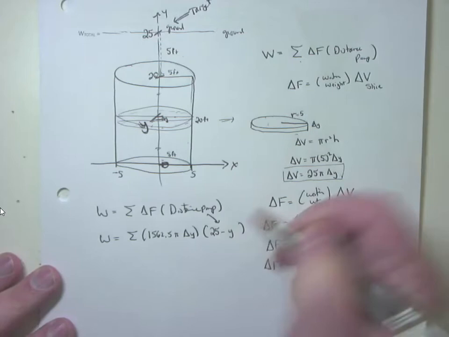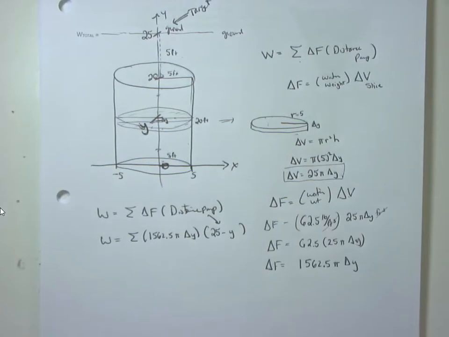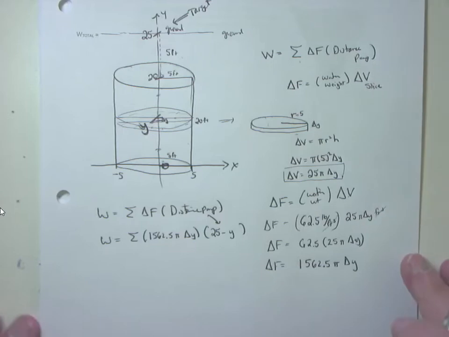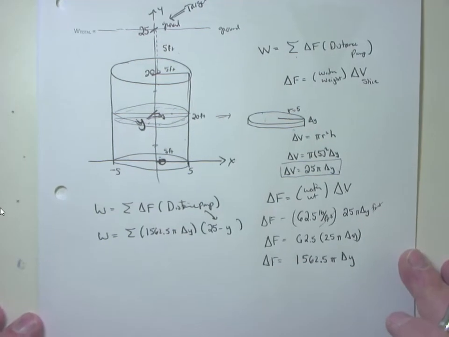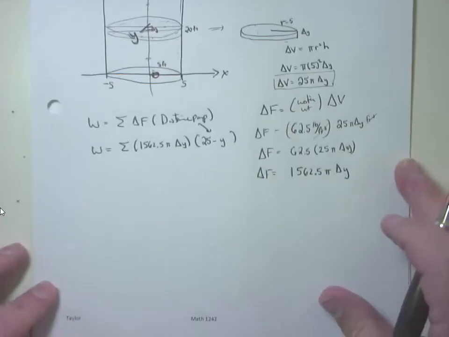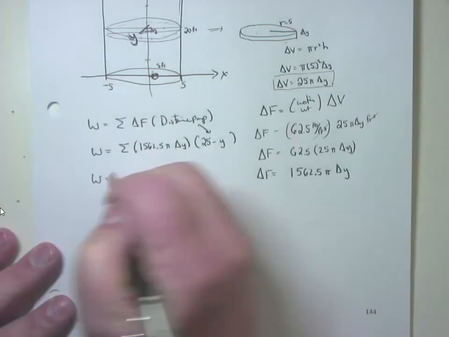25 minus my arbitrary y level cut. The target minus arbitrary y. You'll see that a lot. Now, here comes the beautiful world of understanding integral calculus. Convert this problem over. So work will be equal to, now